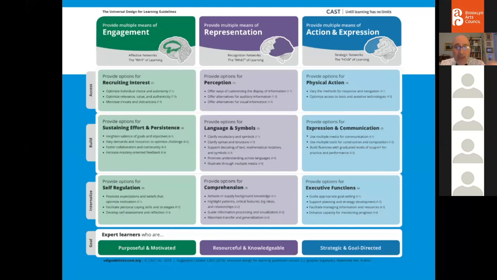Over time, you have to be dealing with that. Language and symbols, this is something that we get better with more use and more opportunities to explore that. And expression and communication, this is something that involves building, exploring the arts in more time and with a project. Then we get to this lower level where things become internalized. And this is where we're talking about skills that are at this transferable level that really take weeks, months, years